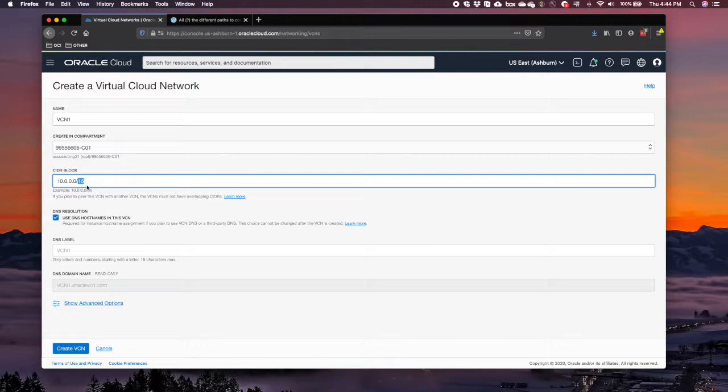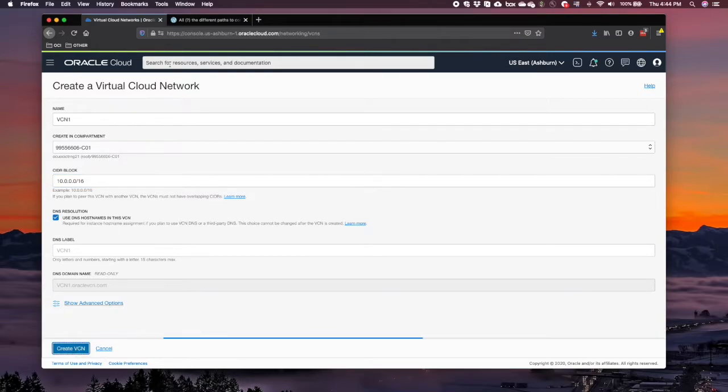The 16 means that the first 16 bits, which is equivalent to the first 2 bytes, are the size of the network. So everything that is in 10.0 is inside this VCN, and the last 2 bytes or 16 bits are the numbers reserved for the servers and the resources that are going to be created in this VCN. Okay, so I'm gonna create this VCN,